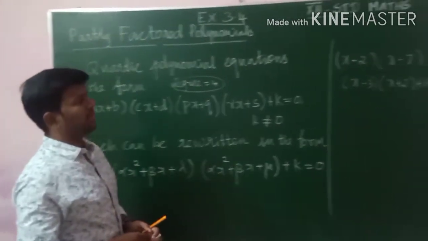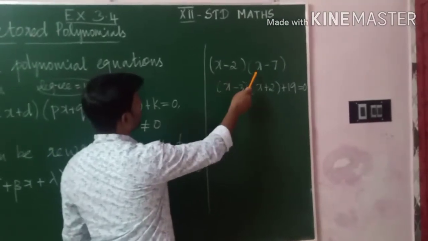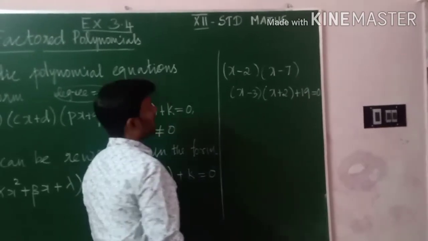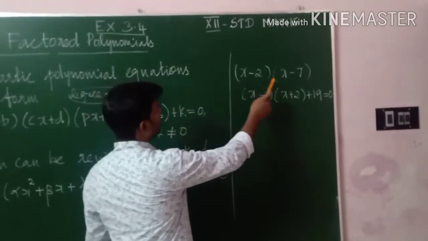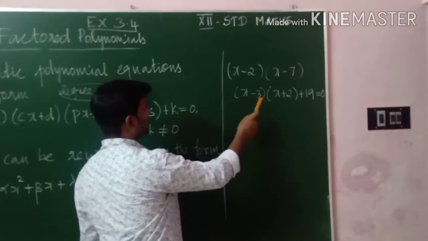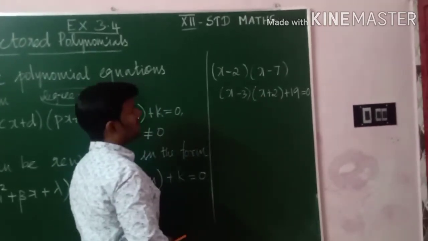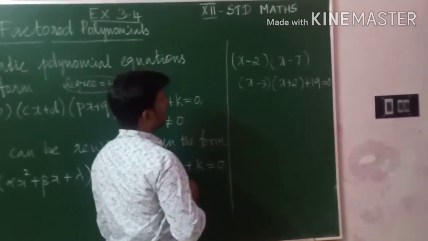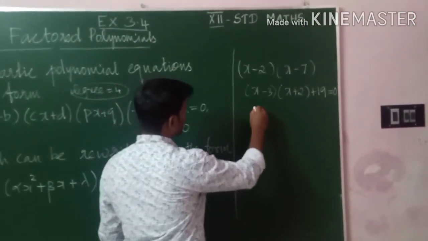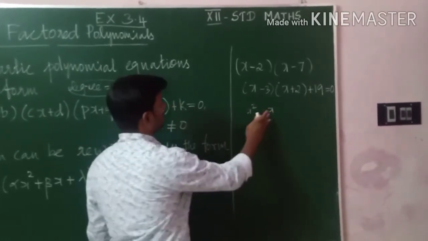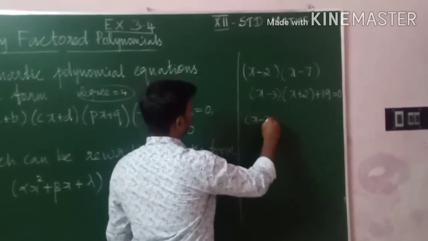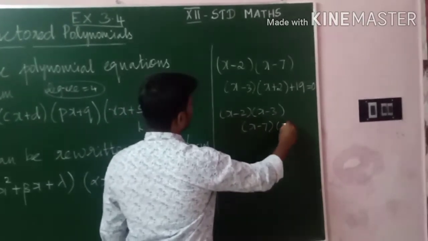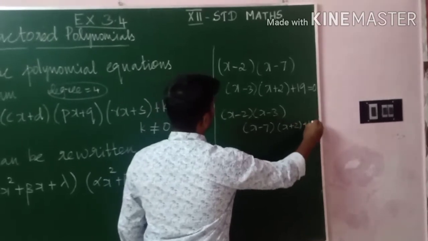Let us see one example. (x − 2)(x − 7)(x − 3)(x + 2) + 19 = 0. So we have to select two linear polynomials so that we get the same x² term and x term in both. So I take (x − 2)(x − 3) and (x − 7)(x + 2) + 19